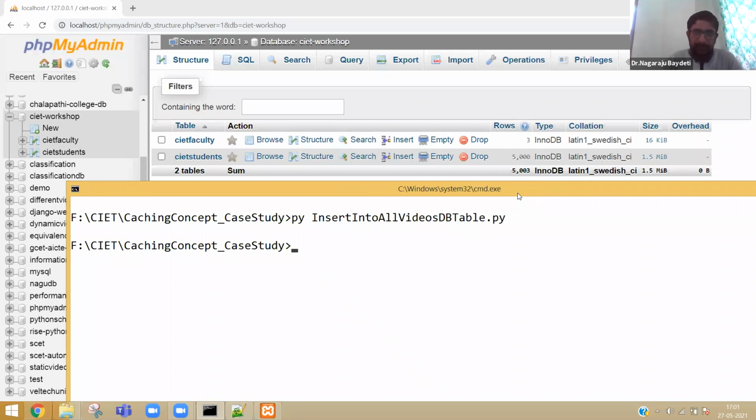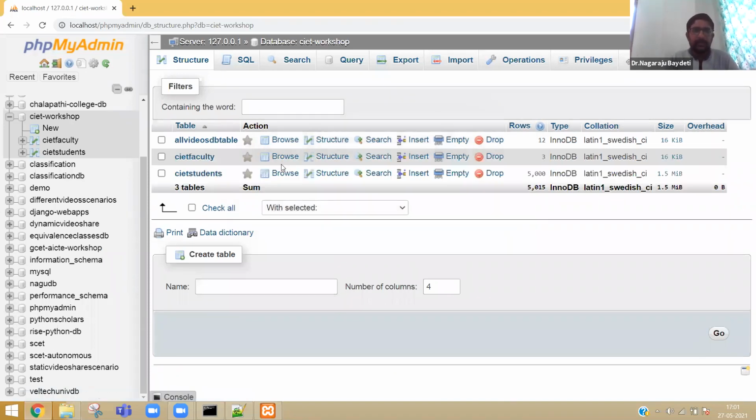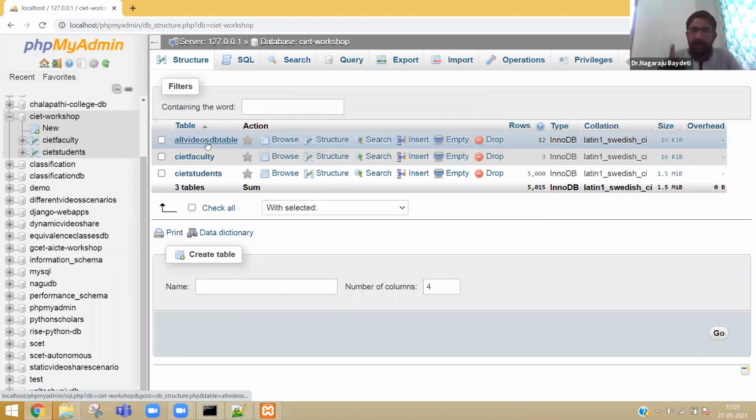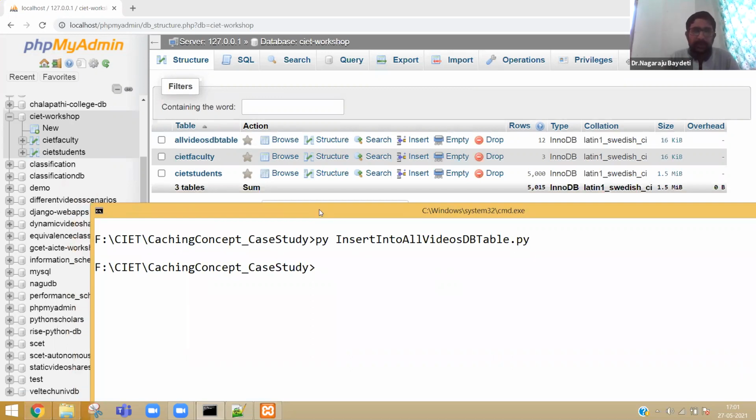Immediately the program has finished. Now let me come here and check. Everybody clearly observe that one main table is created now. After executing the program, a table has been created which has the data about all the 12 videos.